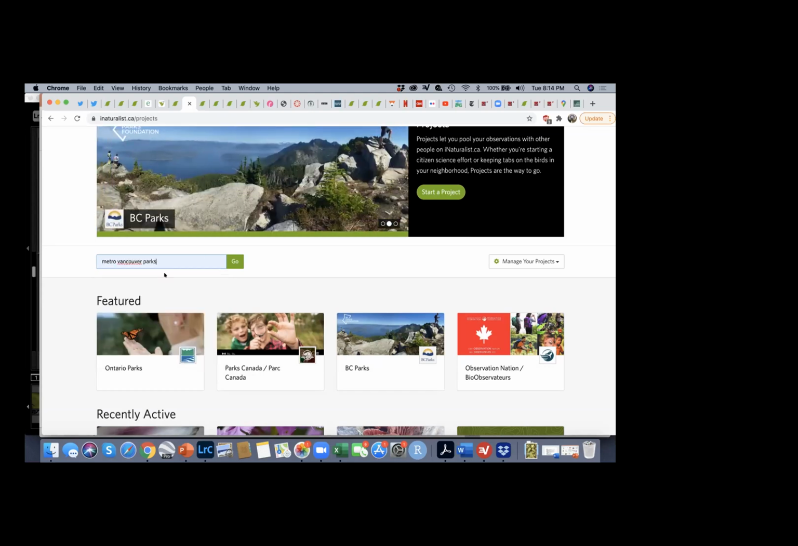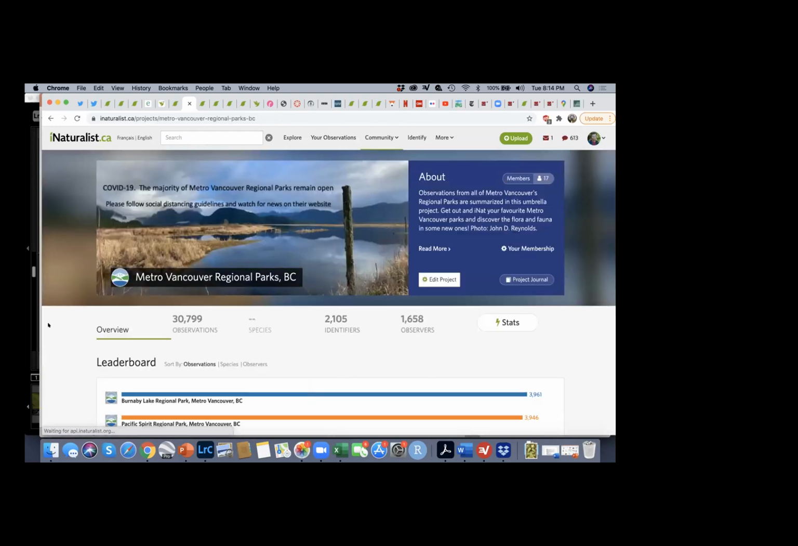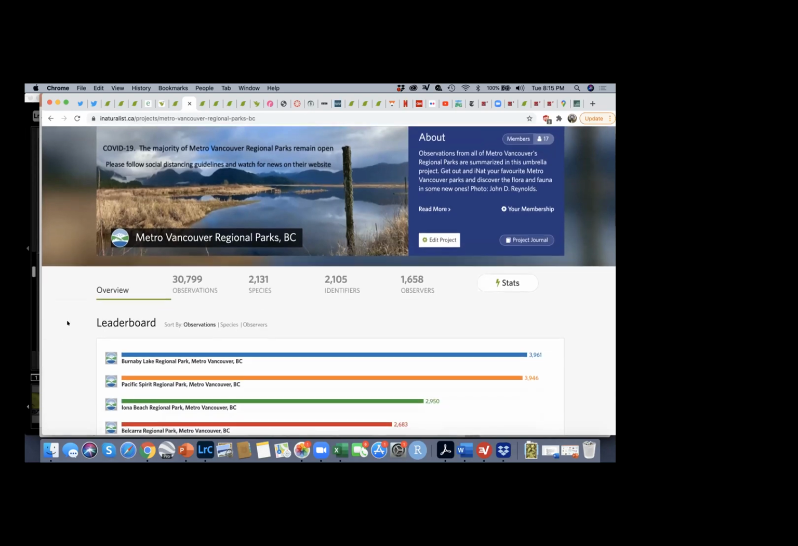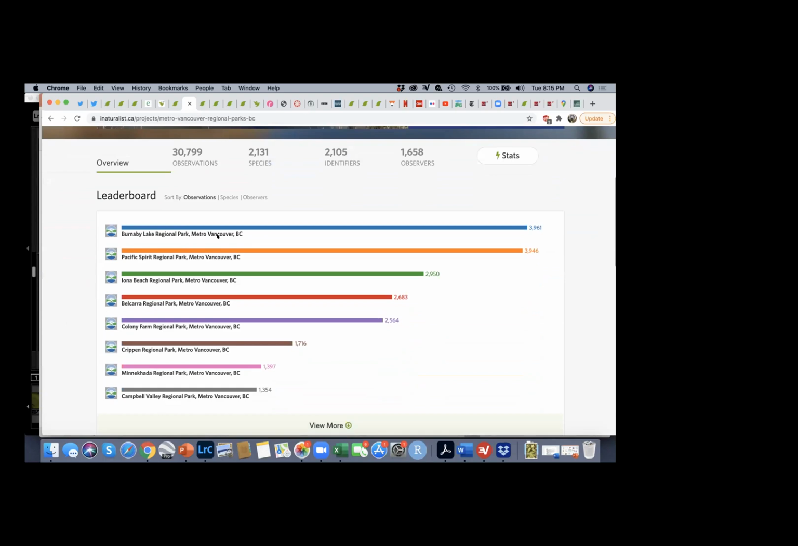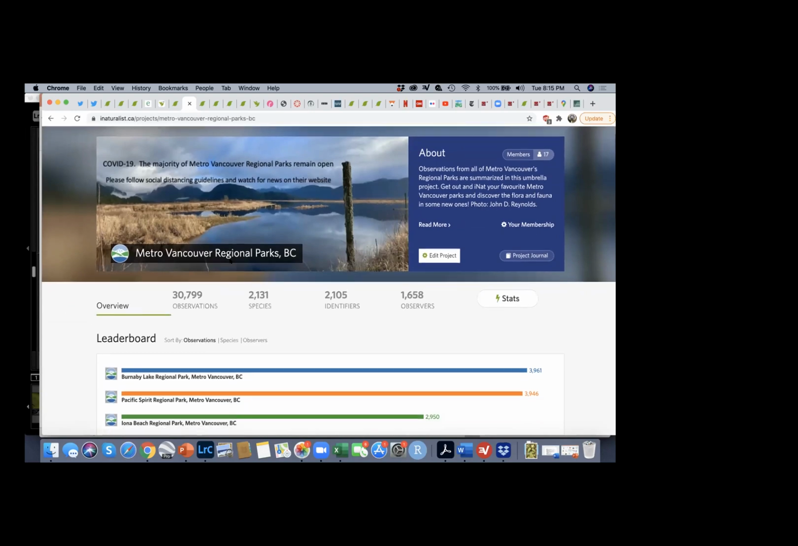Metro Vancouver Parks. You can go to Metro Vancouver Parks, regional, all of the parks in Metro Vancouver. This is a site I created. The people in Metro Parks gave me the files for the maps of all of the parks, and I've created an umbrella project, which means that all of the individual Metro Vancouver parks are all under one roof here. And this shows us that we have 30,000 observations in Metro Vancouver parks and regional area